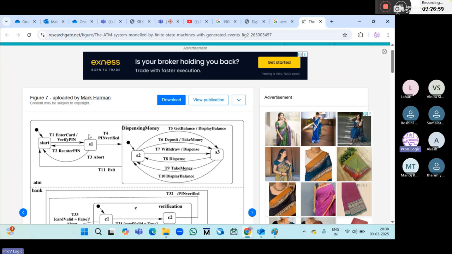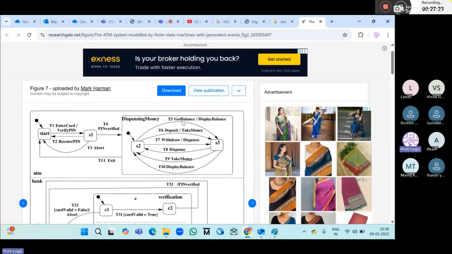It just verifies the pin. If the pin is wrong, you need to re-enter it again. Next, T3. T2 is re-entering the pin. T3 is an abort, like any error. It will go to the reset state. T4 is pin verified. So after T4, here T5, T6, T7, T8, T9, T10 from state 2 to state 3,